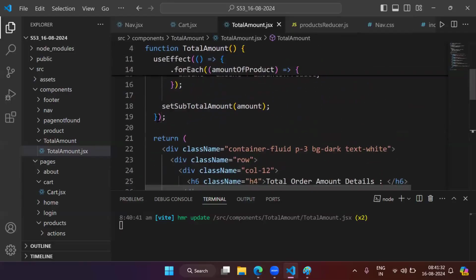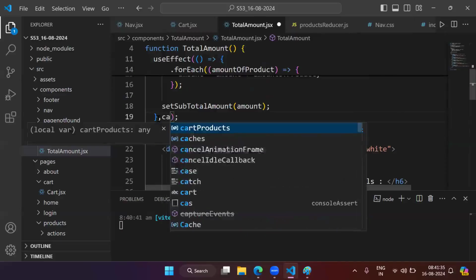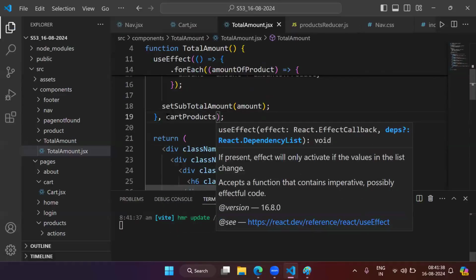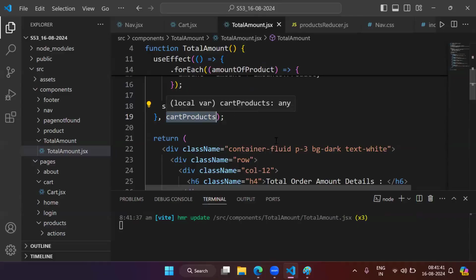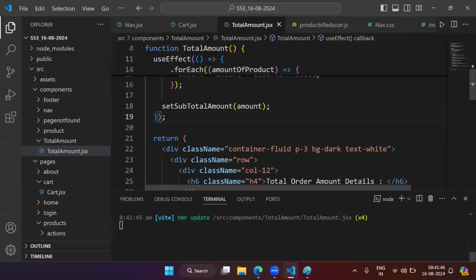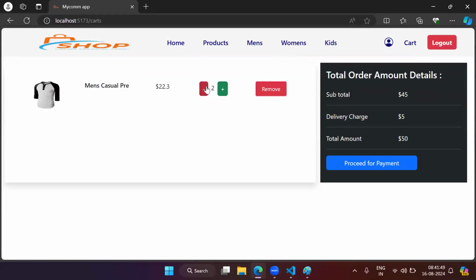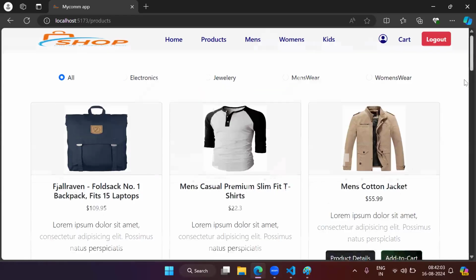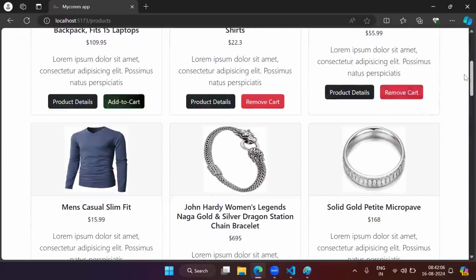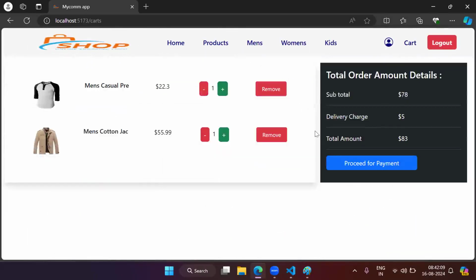Here, if you want, you can add one dependency, that is cart products also. So whenever this cart product gets updated, we want that new value. Suppose I don't add this right now, let's see how it works. It is working fine here. If I'm increasing or decreasing count, it is affecting here. But let's assume I add a new product here. Before that, let me reduce it to 1. Right now it's 22. If I go to a new product and add this new product 55, and go back here, here we got it. So it's getting updated